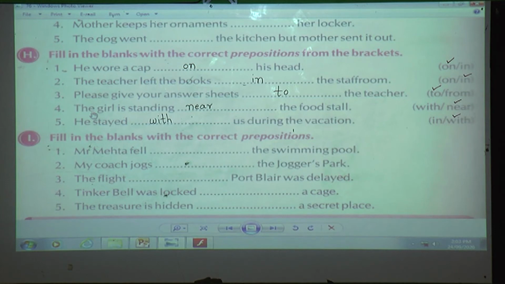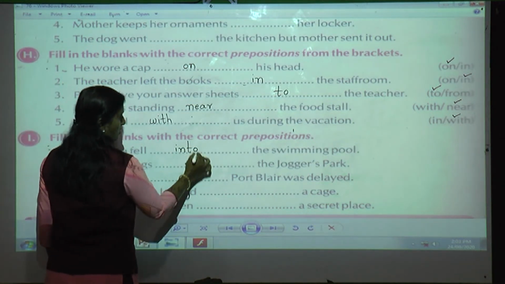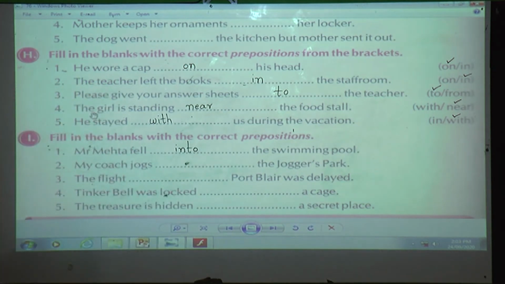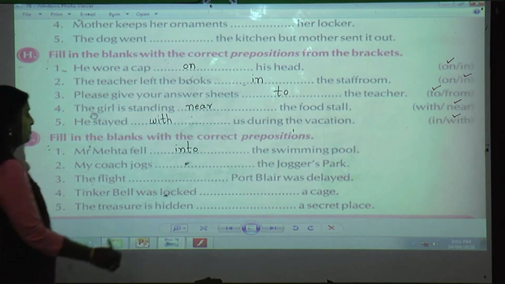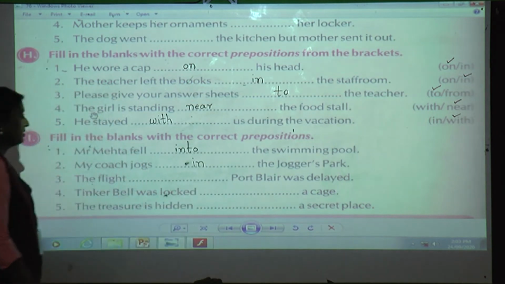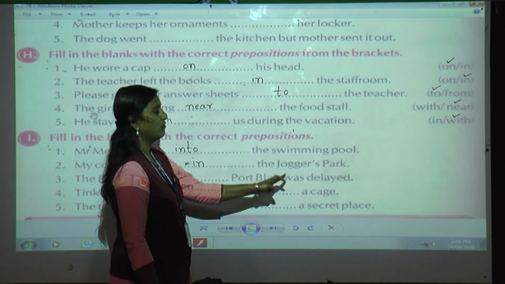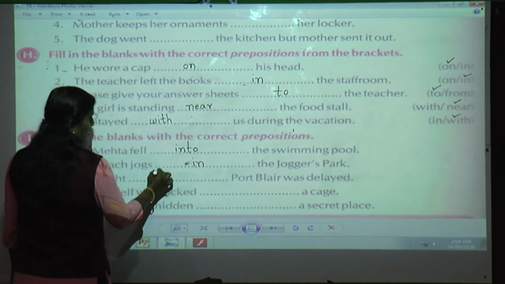Mrs. Mehta fell. Now where did she fall? Yes, into the swimming pool. My coach jogs dash the joggers park. My coach jogs in the joggers park. The flight dash Port Blair was delayed. The flight to